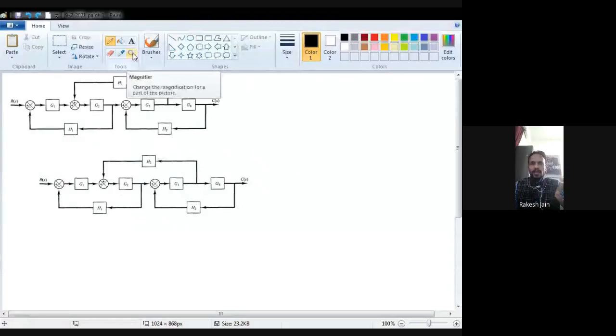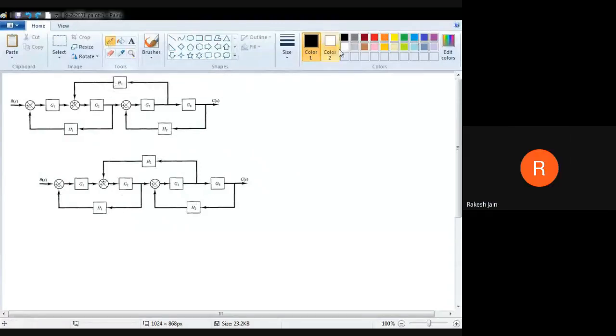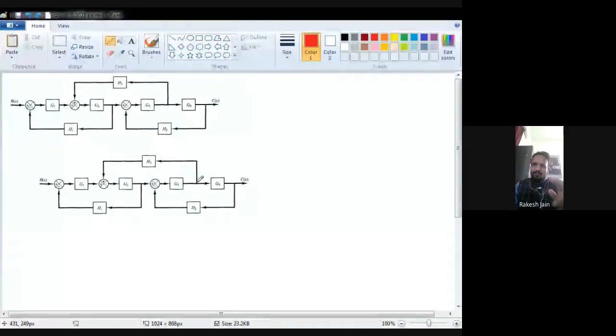So we have to apply certain rules by which we can solve this question. First of all, we should simplify the question, right? So with the red color, see this one. This is a pick off point which I encircled with the red color. Okay. So we can move this before a block or after a block. Here, because the summing junction is there, it is easy for us to move this pick off point after this G4 block. So first of all we just move this pick off point after the block.